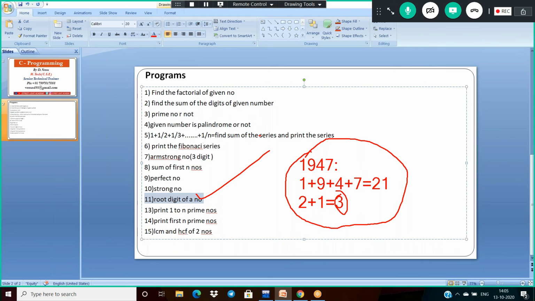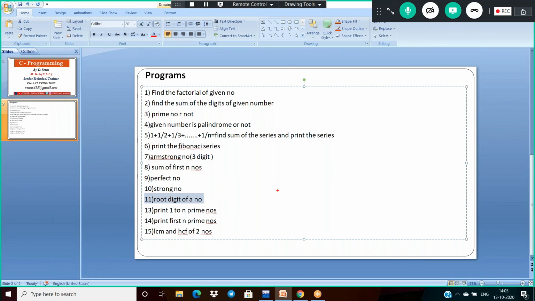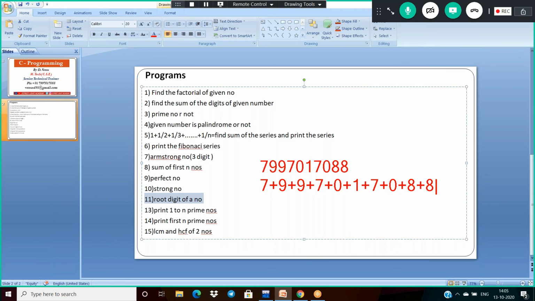Okay. So now if I am giving my input, okay, I'm giving this large value 7997017017088. So now 7 plus 9 plus 9 plus 7 plus 0 plus 1 plus 7 plus 0 plus 8 plus 8. So how much is it? 7, 16, 25, 32, 33, 40, 48, plus 8, 56.